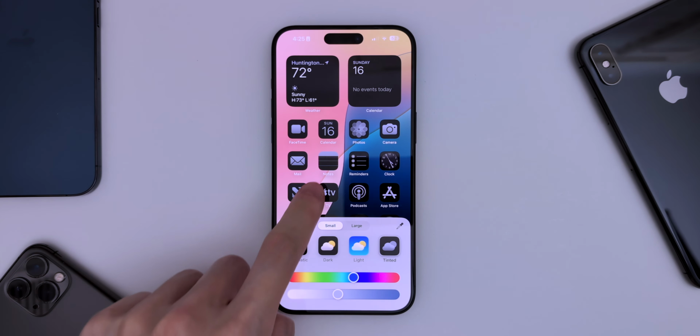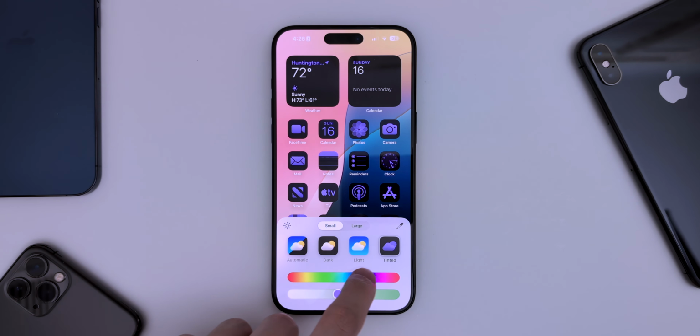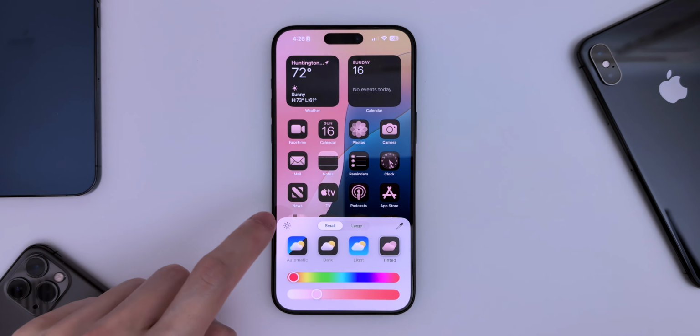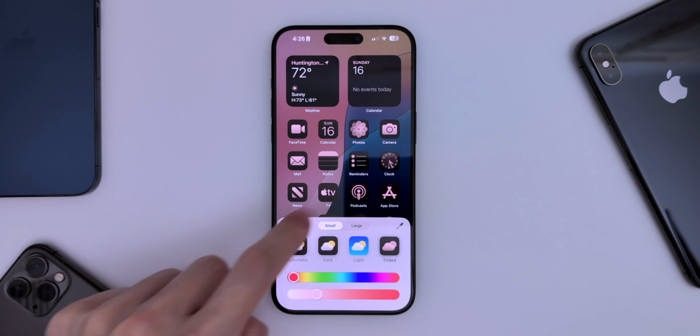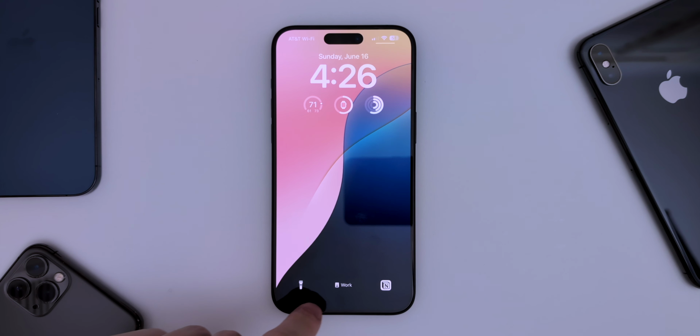And for the last one, tinted. This currently works on every app, but you can see some of them stick out. The default color matches your wallpaper, but you can use the sliders to change the color and saturation. Or maybe you want to use the picker for another color from your wallpaper. The sun icon on the left darkens your wallpaper, so the icons pop more. And when you look at your lock screen, the wallpaper transitions back to normal.